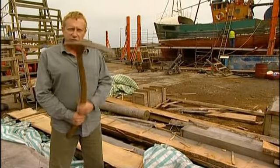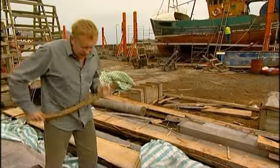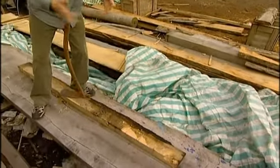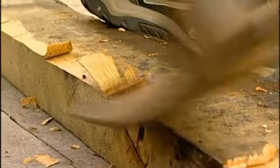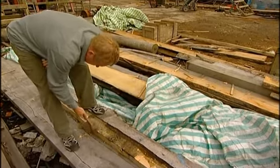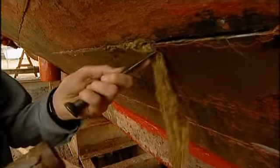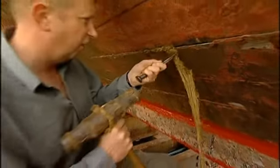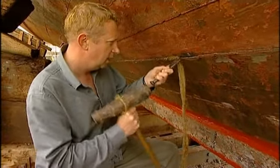They were made of timber and they were made by hand, using tools like this, an adze. You'd use the adze to shape your selected timbers that would make the ribs and knees of a boat. And then when you've got them all assembled into a framework, its skeleton, you'd plank it. Then you make the seams watertight by caulking them. Feeding this oakum in using your mallet,